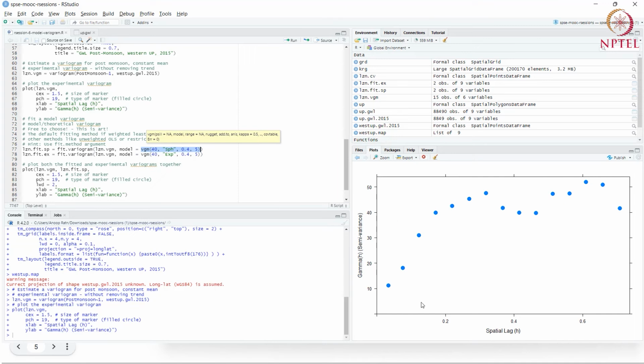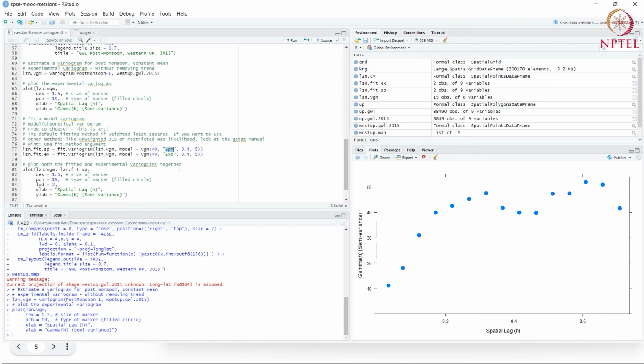So that's weird, because partial sill and nugget are things that we find out after we have a fit. So why is it asking us to provide them before we've fitted anything? Well, this is where we don't put the exact values, we put our best guesses. Remember partial sill from your conceptual theoretical lectures: a sill is the maximum value of variance. So here the maximum value of variance is somewhere between 40 and 50. As a best guess, I've put 40.